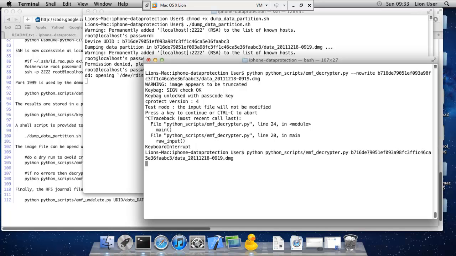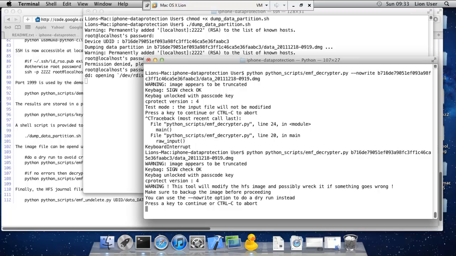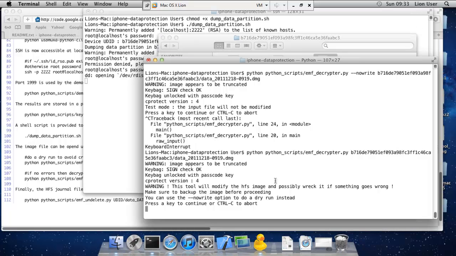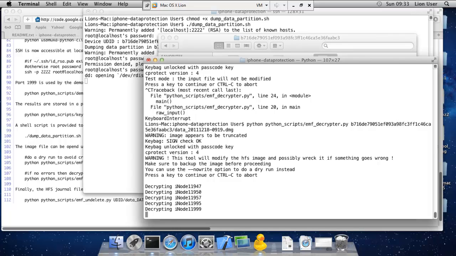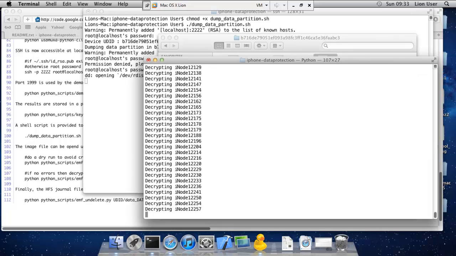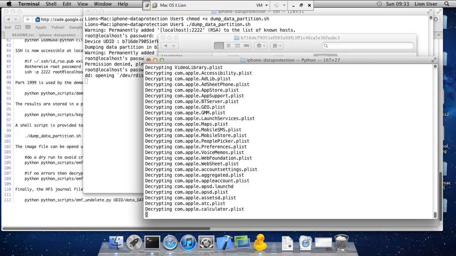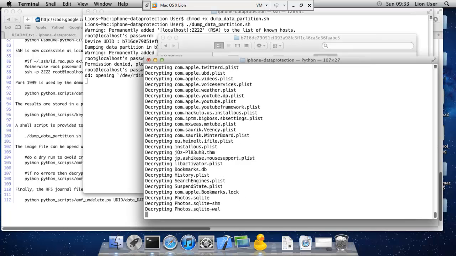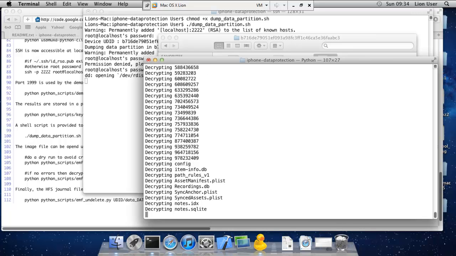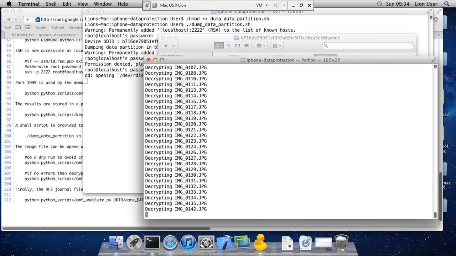Now you can notice it is decrypting many plist files and SQLite database files, images and songs. The whole process is going to take a few minutes. My phone contains around 8 gigabytes of data and it took around 30 minutes to decrypt each and every file.